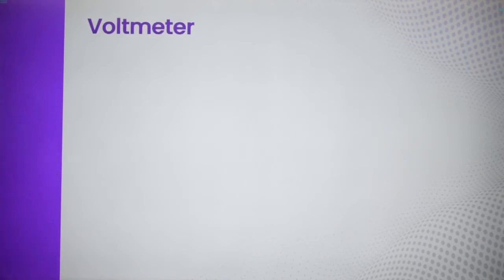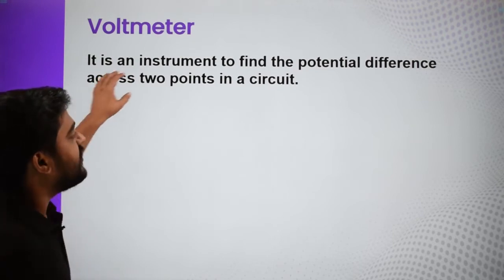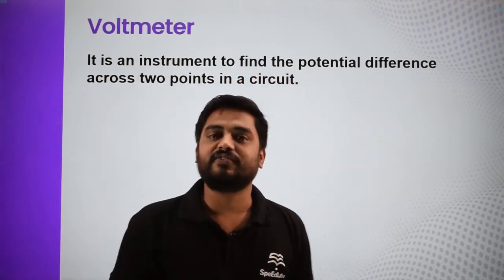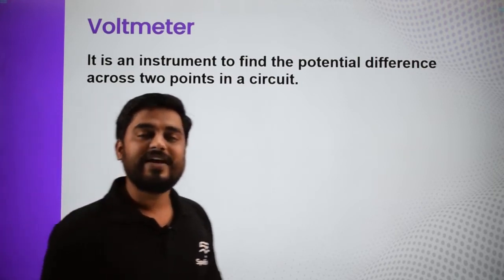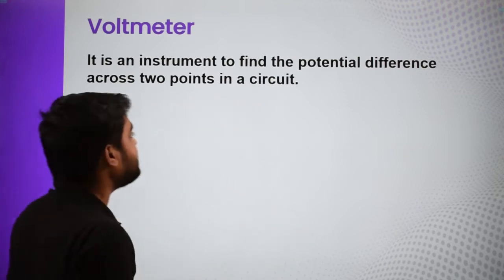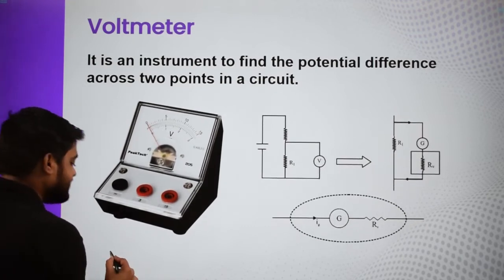Now next we are going to discuss the voltmeter. So the voltmeter is another instrument, and it is used to find the potential difference. Potential difference across what? Across 2 points in the circuit. So basically the voltmeter also has 2 connections, and this is how it really looks. So suppose there is a resistance like this,